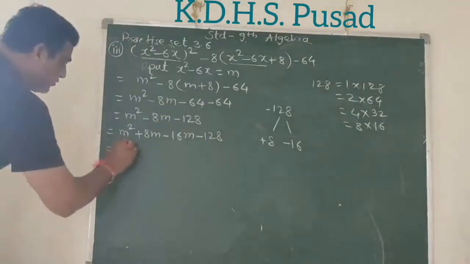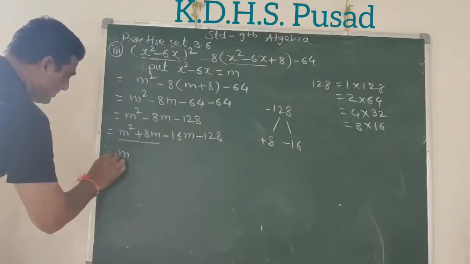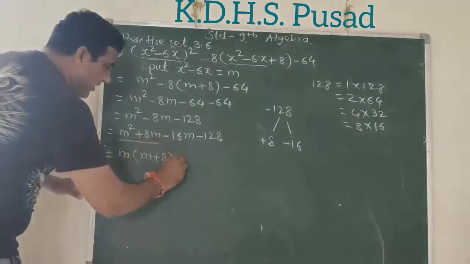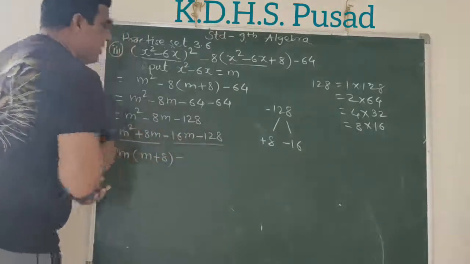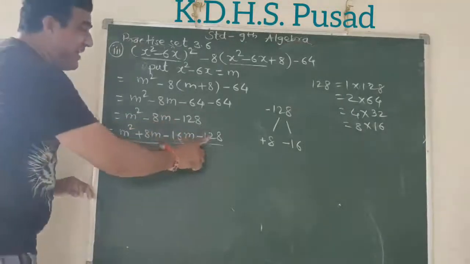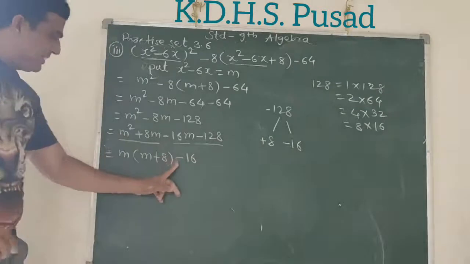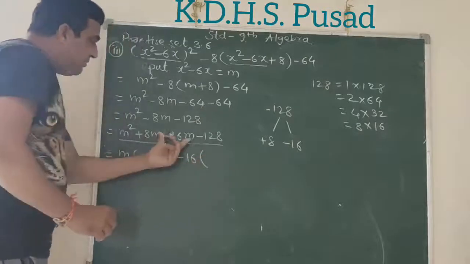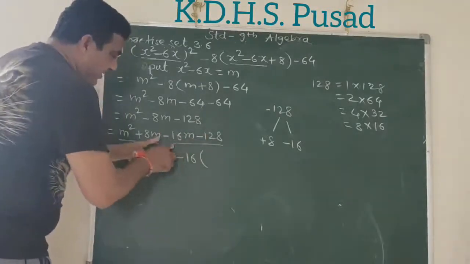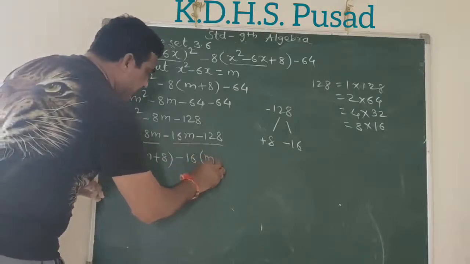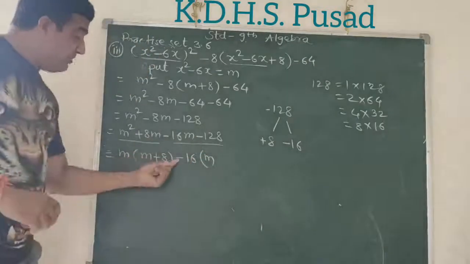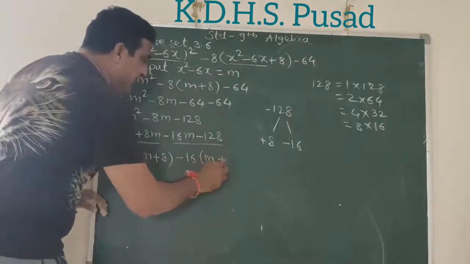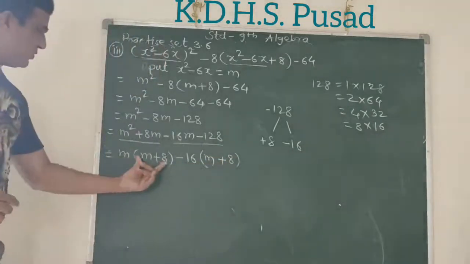Okay. Now from the first two terms, what can you take common? Only m common. So here m plus 8. Okay. Then what is this sign? Write this sign first. Now from these two, what can you take common? You can divide by 16. If minus sign, that means you are taking minus 16 common. So divide both of them by minus 16. Here dividing by minus, it becomes plus, that is m. And whenever you divide by a minus sign, change both the signs. This minus becomes plus, this minus also becomes plus. Now divided by 16, you get 8. Now that is the same bracket.